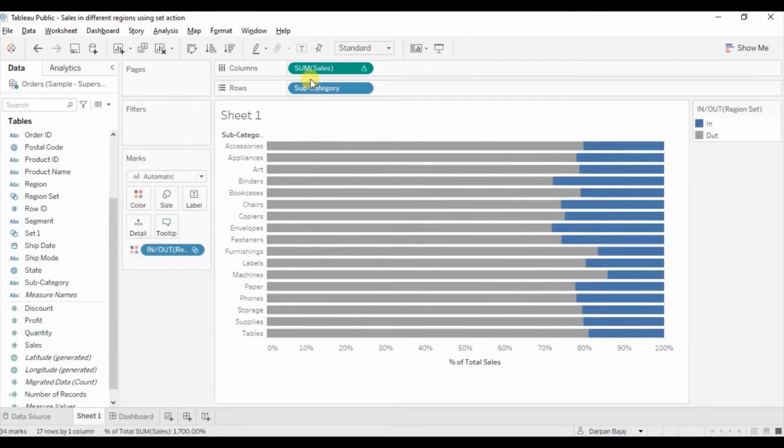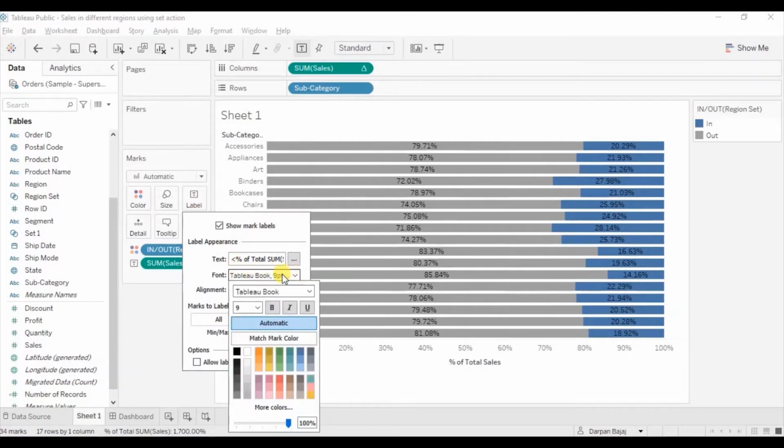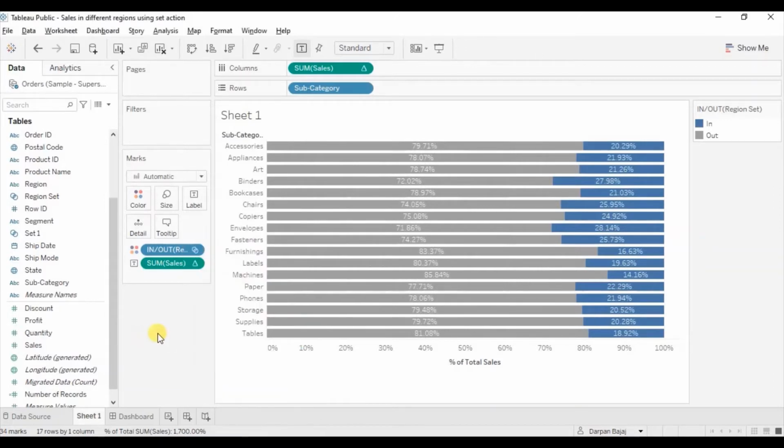Press on Ctrl and drag sum of sales onto labels. Let's change the color for these labels. Go to the label, go to font, and let's select white color. Now we are clearly able to see the labels on the bars. Interchange the position of in and out.